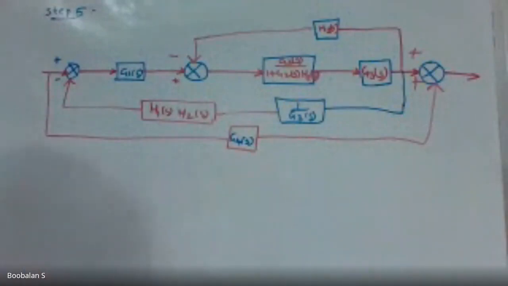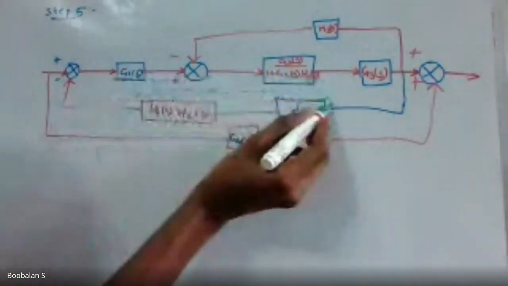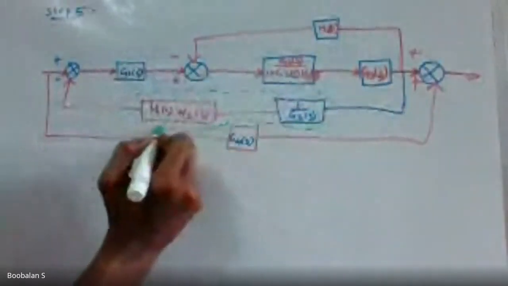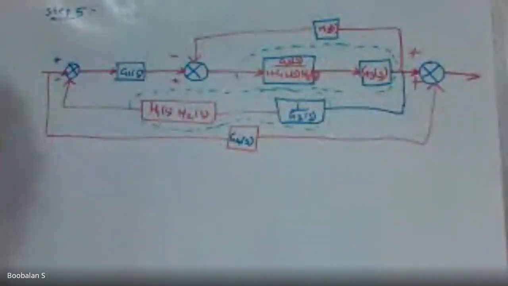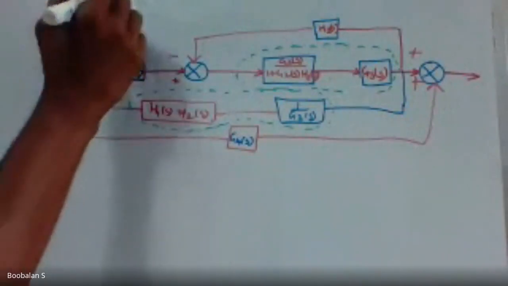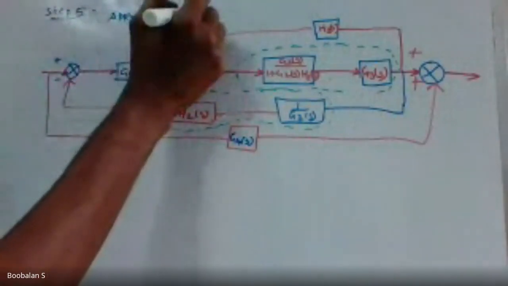Now we have one more thing, right? You will be able to reduce this block if these things are now in cascade, as well as here also it will be cascade. Got the idea? We had two cascade techniques. It will be very easy. Initially I'm telling, if you apply one rule correctly, the blocks will cancel each other out, itself it's going to lose its complexity. Apply cascade rule.